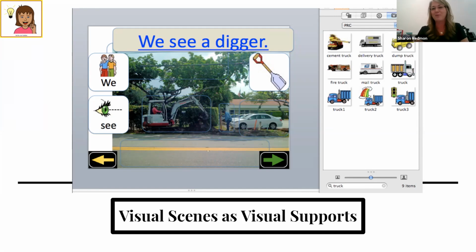If you've ever been on a Boom Card, you'll see quite a few visual supports that are brought into Boom Cards, especially if you're working on different language or different specific core words. So check them out if you haven't used Boom Cards. It's a great tool to use virtually, especially if your students have something other than a Chromebook that they're using, and you can give over the mouse to them